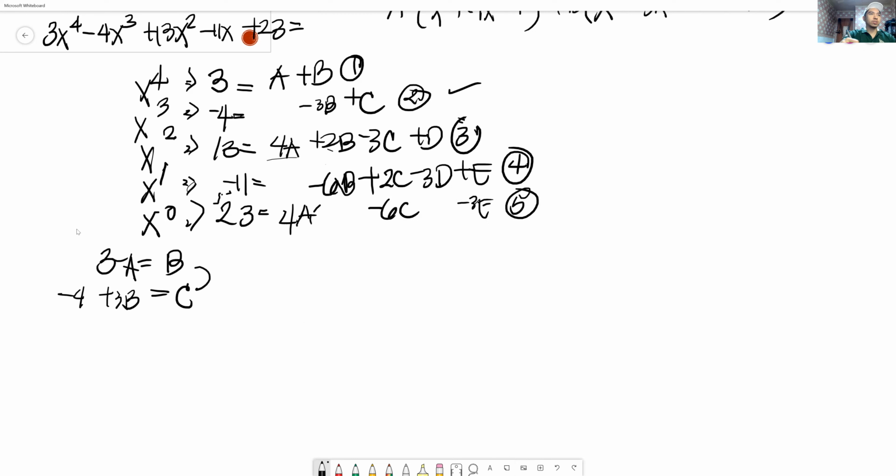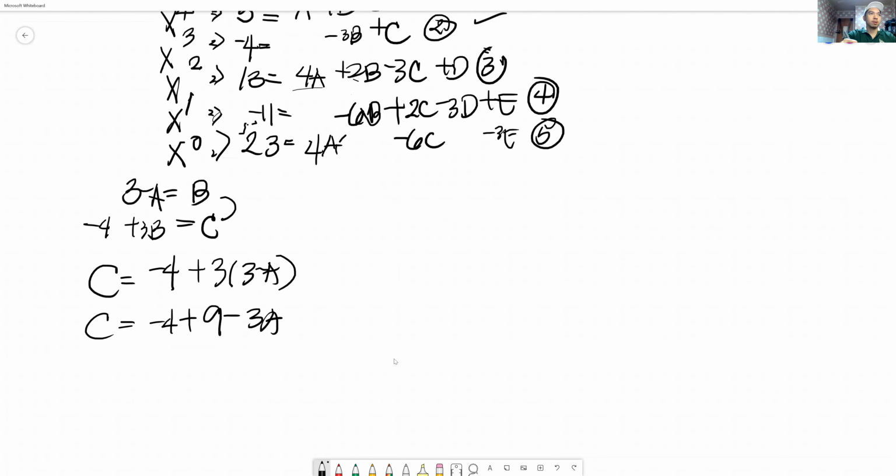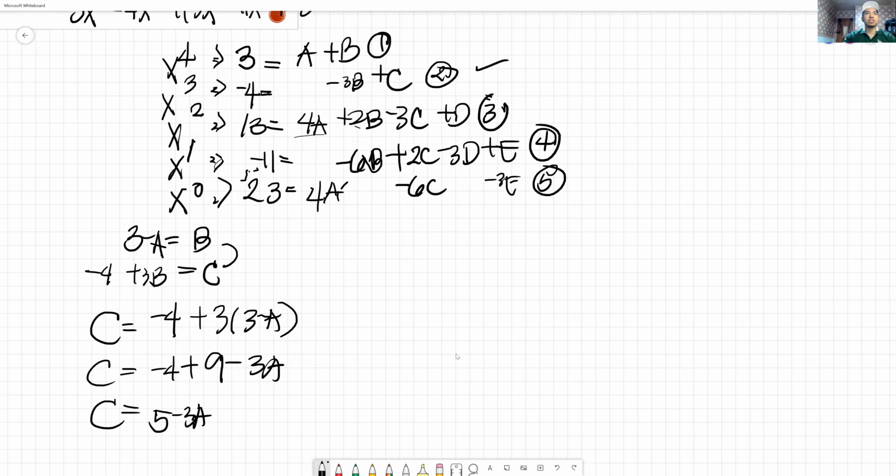So equating these two, we can say our C is equal to negative 4 plus 3 times 3 minus A. So that would be in terms of A. 9 minus 3A. Combining similar terms, our C is equal to negative, or rather 5 minus 3A. So we have our B, we have our C. So how about our A